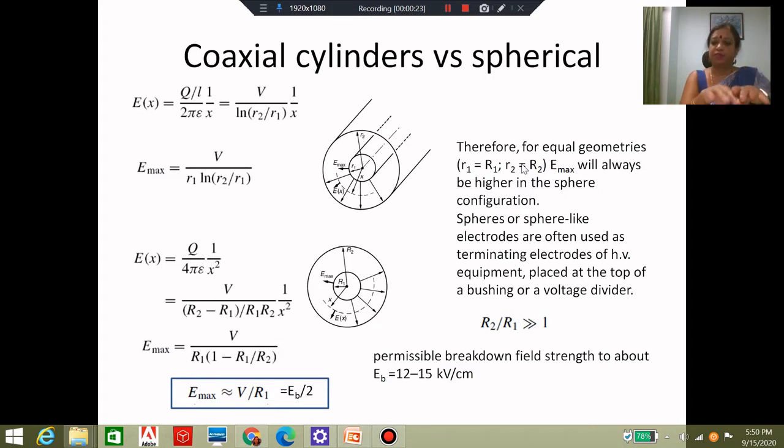In high voltage cables, you have a conductor at the core. Over and above that, you have a concentric cylinder of insulation, and then the outer casing, the outer sheath of the cable, which is grounded. So then you have concentric cylinders, and you have a potential difference across these concentric cylinders. Another instance of where you would very often see concentric cylinders or coaxial cylinders is in the case of a